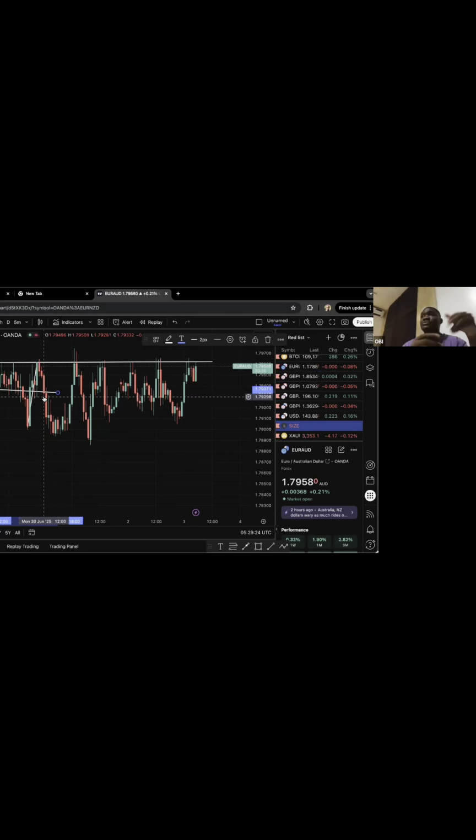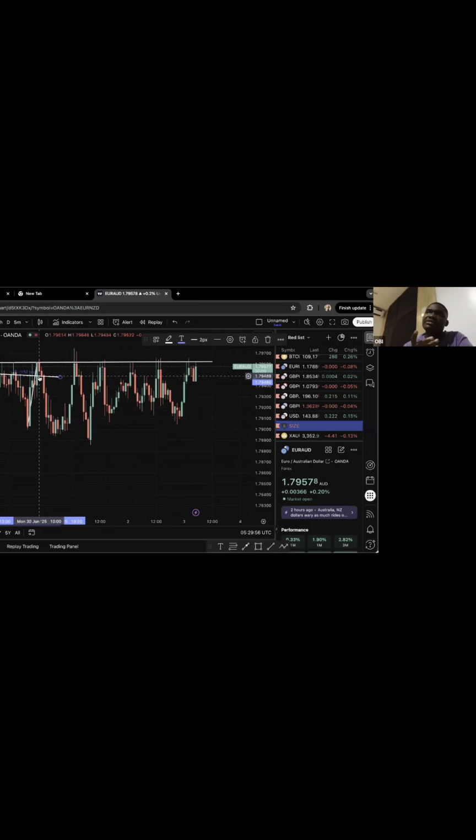The opening of three red candlesticks will automatically signify to you that there are more sellers in that market than buyers, right? So I'll take it at the third. Sometimes we have traders who begin to sell at the opening and closing of the second red candlestick, so that they will not miss a lot of pips. But if you want to really be sure about your sell, or your buy, it's usually the third candlestick. But we have cases where